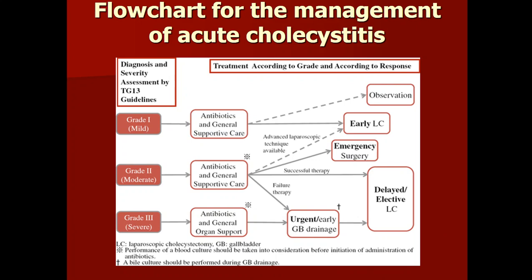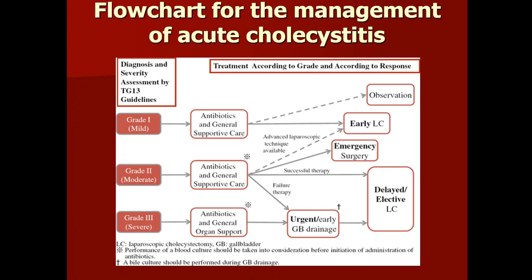On this picture, you can see the flow chart for the management of acute cholecystitis. But we'll stop a little bit on the criteria of severity of acute cholecystitis. Severe acute cholecystitis is associated with dysfunction of any of the following organs and systems: cardiovascular dysfunction with hypotension requiring treatment with dopamine. The second would be neurological dysfunction with a decreased level of consciousness,